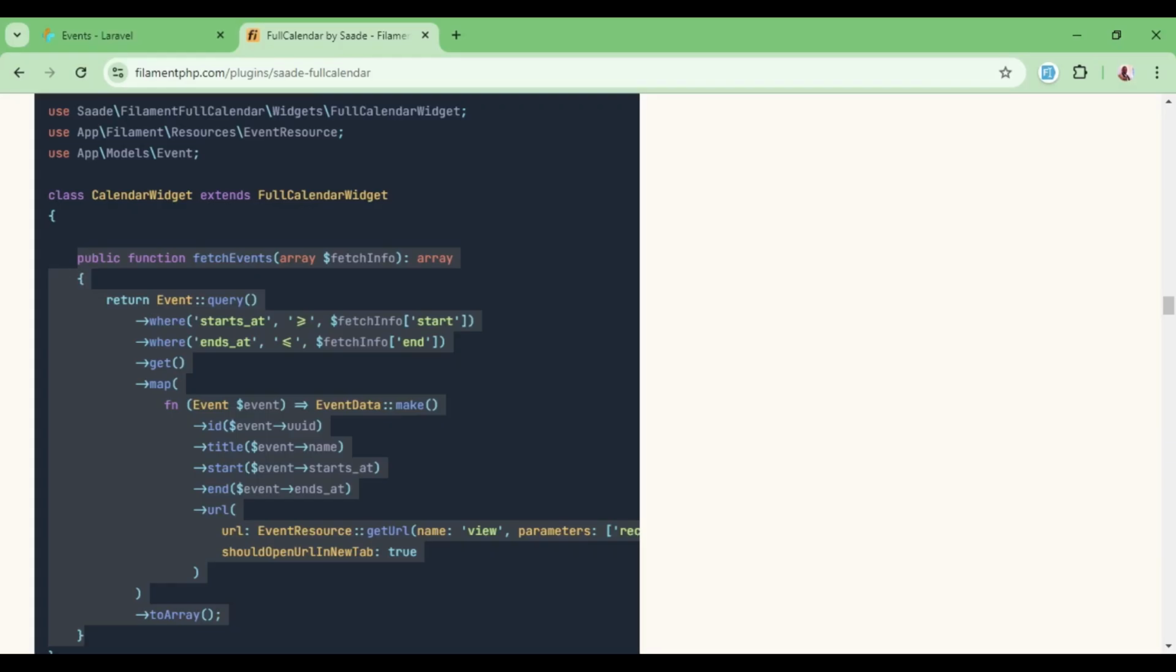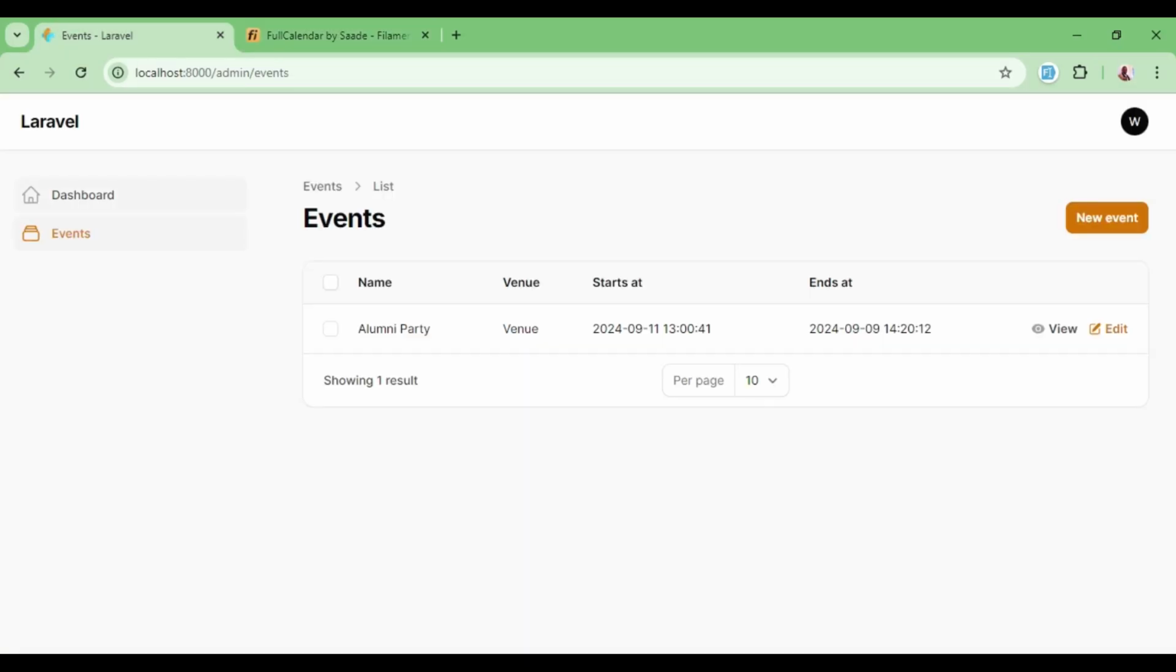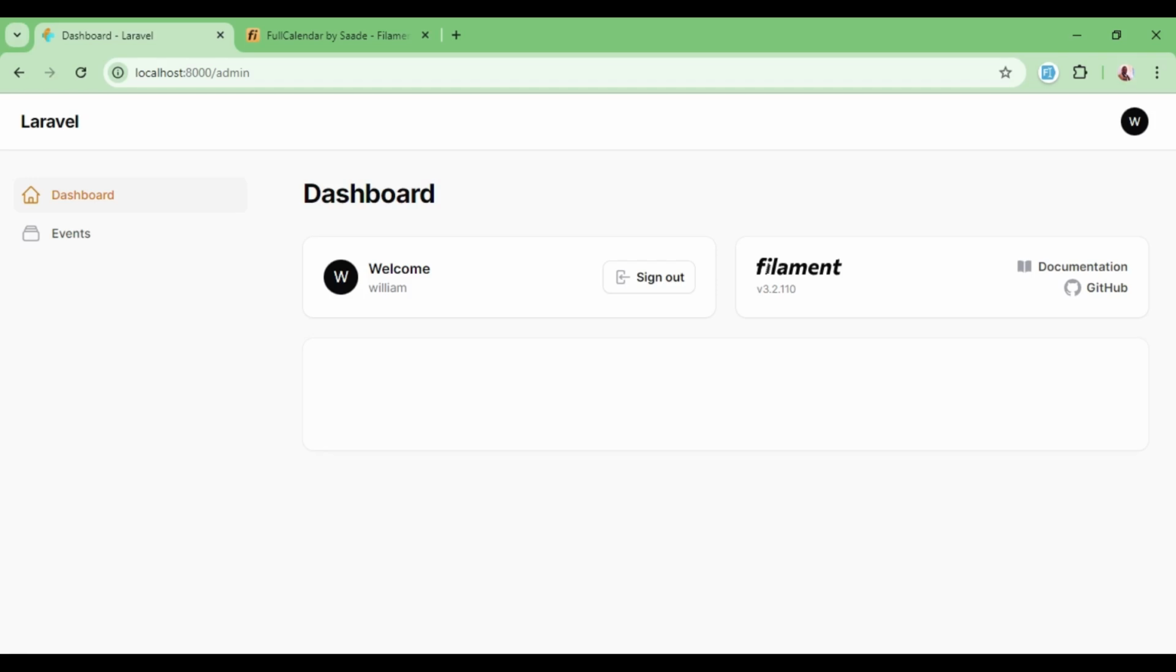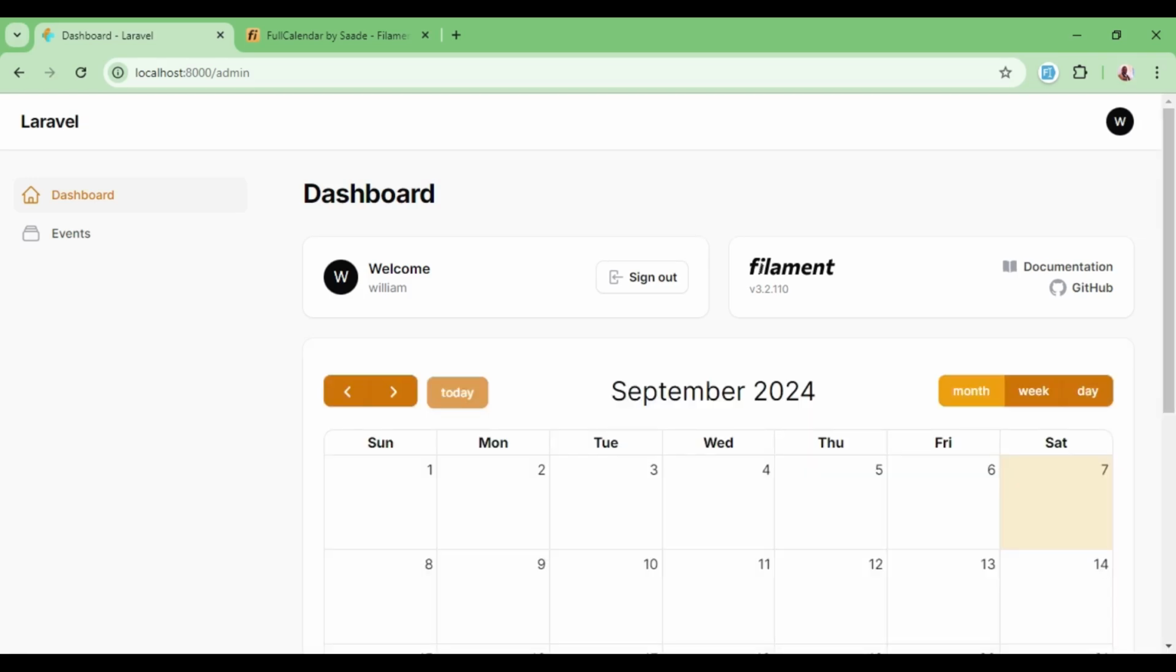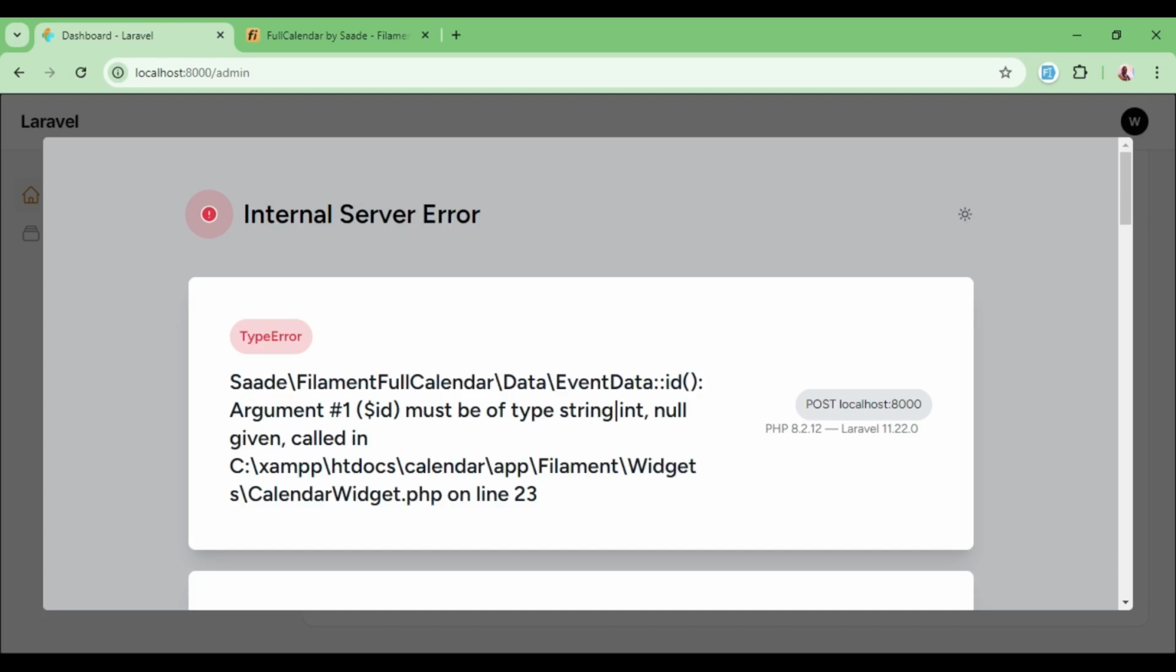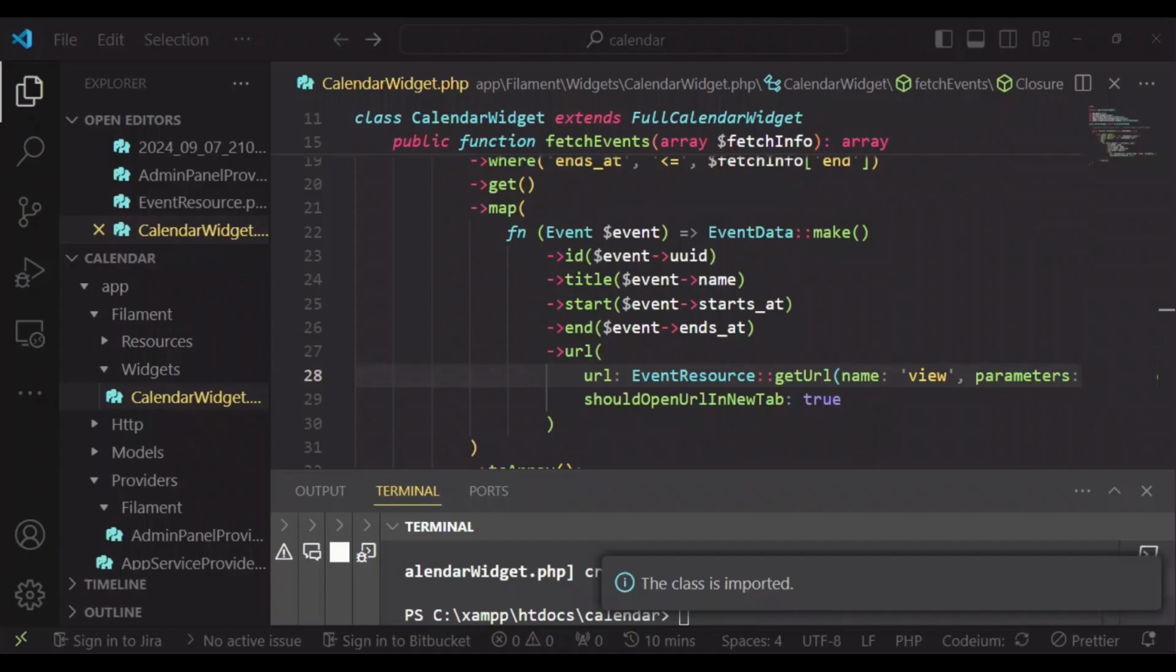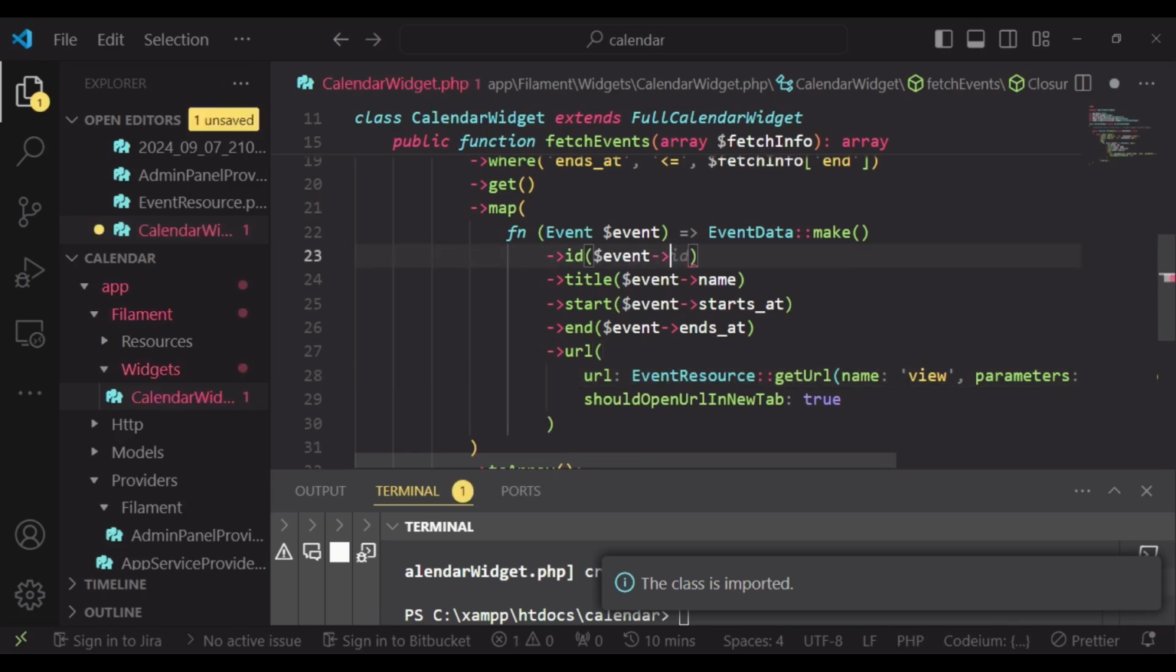I would like us to try and see if we are able to display our calendar. So I will click on dashboard because that is the place where our calendar is supposed to be displayed. It's doing a bit of loading, and now we have our calendar and we have an error. So let me just check it. I think there's something here where we have UUID. That is not what we want. We want it to be ID. And I think our event also